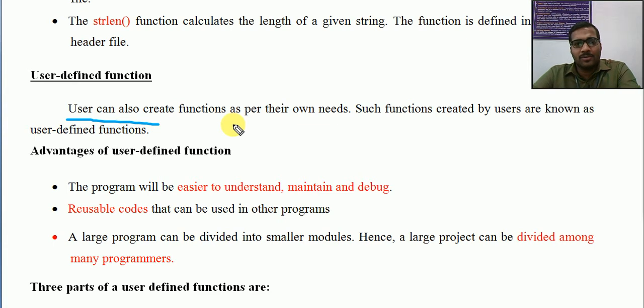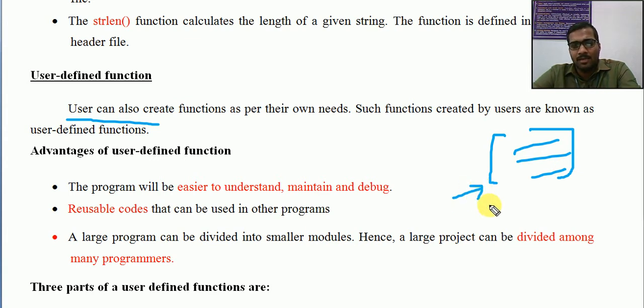So now the user is going to create a new function. There is no relation between this function and the library function that is already predefined. Sometimes inside our function we also use some library function. If you want to print something inside our function, I'll be calling printf. So that is possible. The user will be writing the entire body, the function will be written by the user itself. Now this can be used many times, like sqrt which is already defined can be used many times. Similarly, a user defined function like f1 can also be used many times by the user.